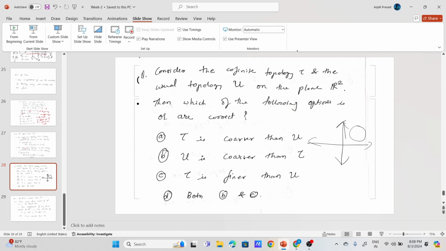एक ये ओपन डिस्क है, ठीक है. और कोफाइनाइट टोपोलॉजी किस तरह की रहेगी कि आप कोई भी अगर सेट ले रहे हो तो उसका कॉम्प्लीमेंट क्या होना चाहिए? फाइनाइट होना चाहिए. ठीक है, तो डेफिनेशन पे जाइए. कोफाइनाइट टोपोलॉजी के हिसाब से आप कोई भी सेट अगर इस प्लेन में ले रहे हो तो उसका कॉम्प्लीमेंट फाइनाइट होना चाहिए. ठीक है, तो आप ऐसा तो कोई सेट ले नहीं सकते हो, मतलब ट्रायंगल हो गया या स्क्वायर हो गया, ऐसा कोई सेट नहीं ले सकते ना, क्योंकि इसका कॉम्प्लीमेंट पूरा का पूरा R2 हो जाएगा, राइट।